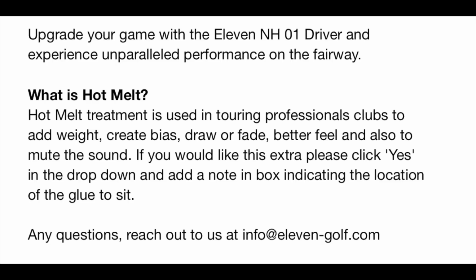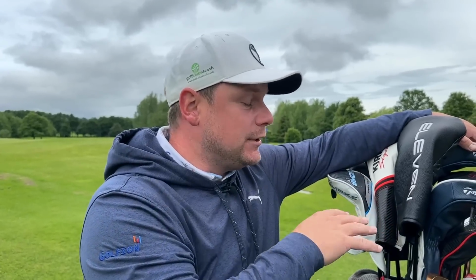Really interesting, it actually deadens the sound a little bit as well. It's something that a lot of tour trucks use, and I've never seen a company openly admit, oh, we'll just put some hot melt in there for you. Like, yeah, we'll do it, it's not a problem. It's legal, you can do it, it's not cheating. It just gives you a little bit more of a,